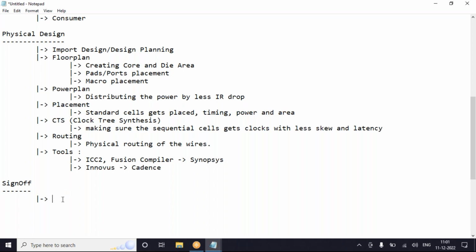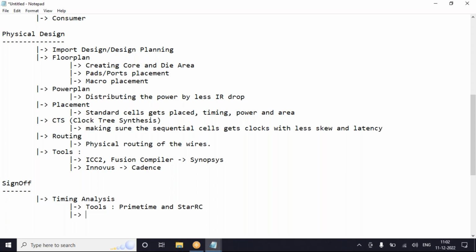Okay, now coming to the sign off stages, first is timing analysis. The tools we are going to be using are PrimeTime, and a supporting tool, StarRC. Both the tools we require. StarRC is used for extracting one of the inputs required for your timing analysis.